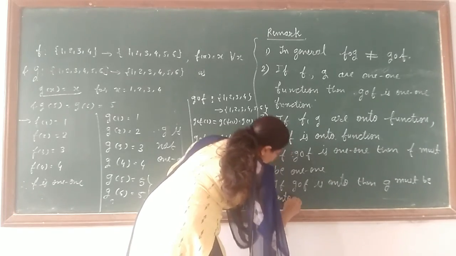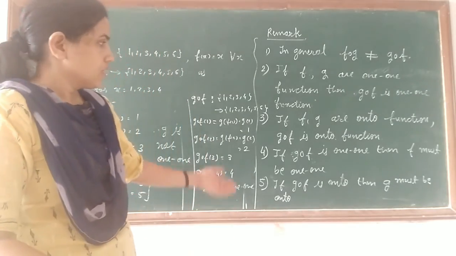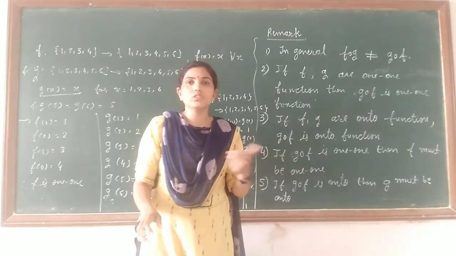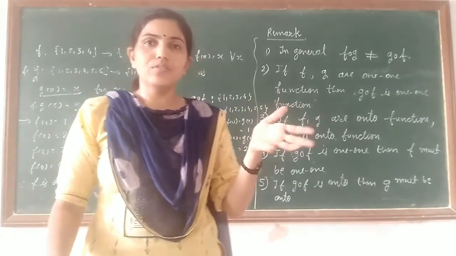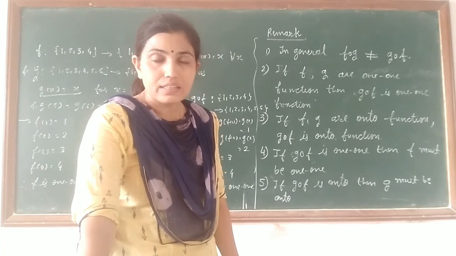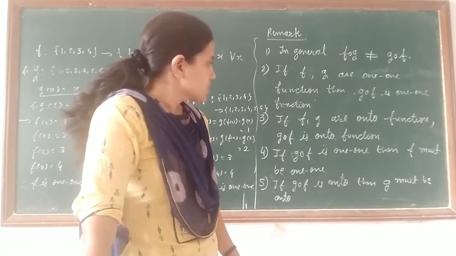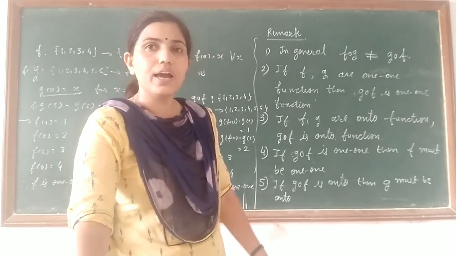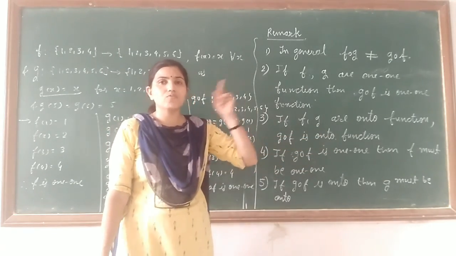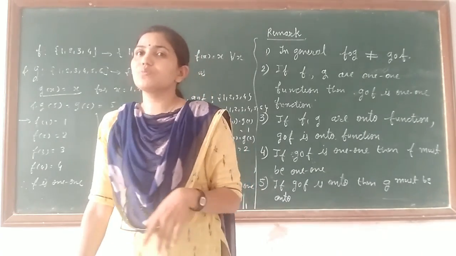For this I am giving you the last one to solve. You can find two functions whose composition is onto, but not both of them are onto, any one will be not onto. You can find such an example. You will find that the function g will be onto, but f is not necessarily onto. So that's why this is the result we have: if g of f is 1-1, then f must be 1-1, and if g of f is onto, then g must be onto.